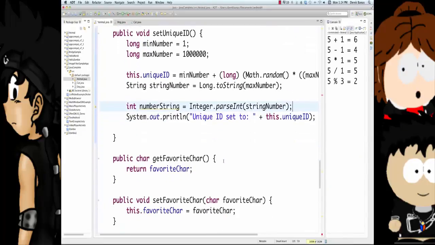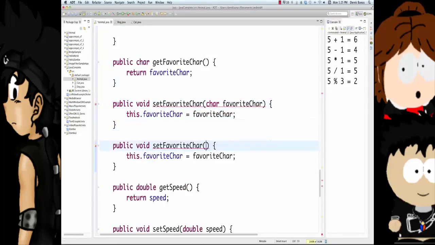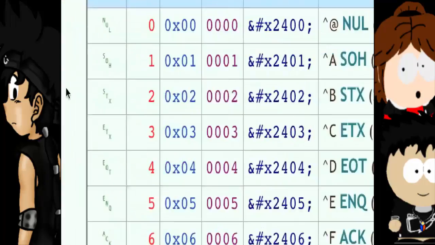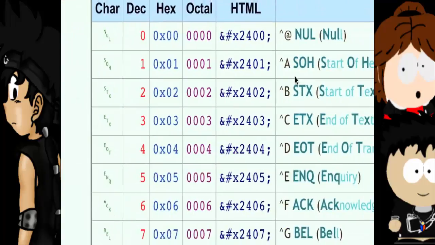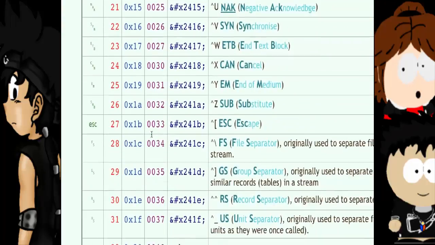Now what I'm going to do is overload setFavoriteColor, and I'm just doing this again just to demonstrate stuff. This doesn't receive anything. Here I'm working with characters, so let's say that I want to do a random number, and I want to cast this into an int. Again, put the equal sign in there, call Math.random, and I don't want to go over 126, and the reason why is this is what I'm going to be doing here. I'm going to be getting different characters at random, and this is the number that's going to pop back, or that I'm going to use to get those characters.